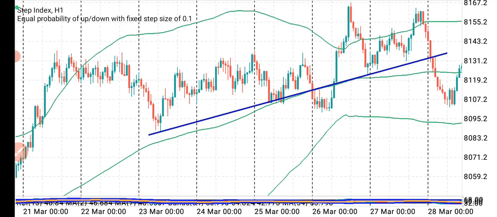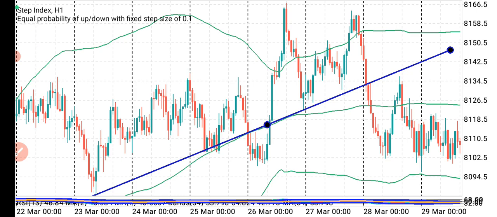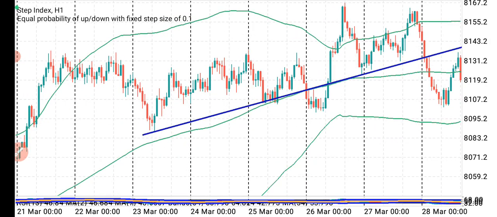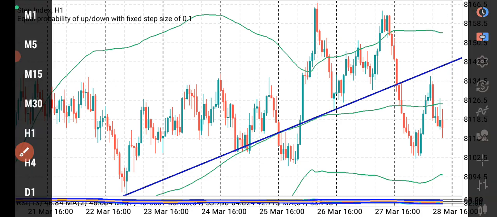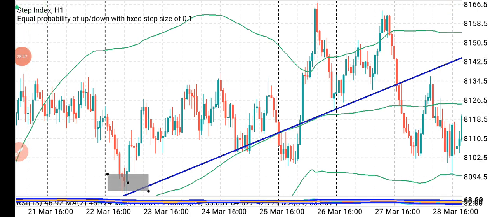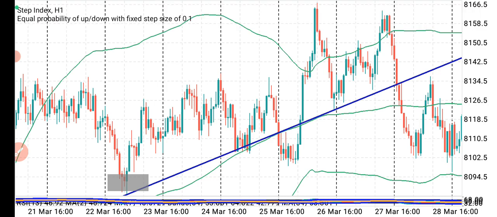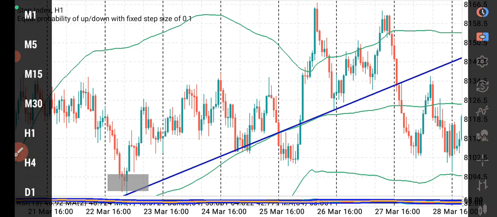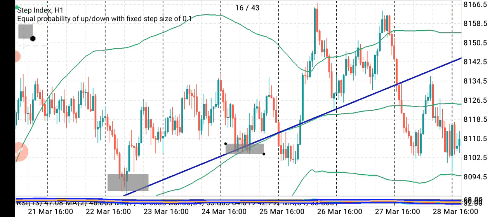So with our trend line, we have this point connected, and all that we are looking for happens in this market scenario. Here we have our lower low, our higher low. We have this higher low